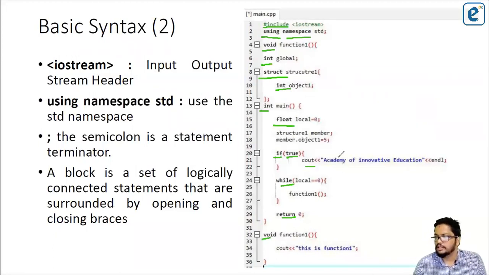The things highlighted in green are keywords. What do I mean by keywords? They are standard words or commands in a programming language, to be exact, in C++. They have their own definition: void means something, int means something, struct means something.